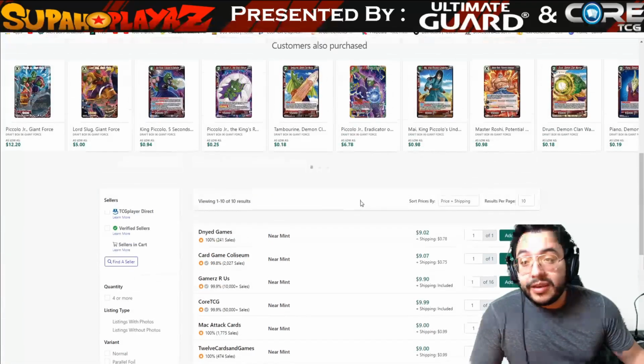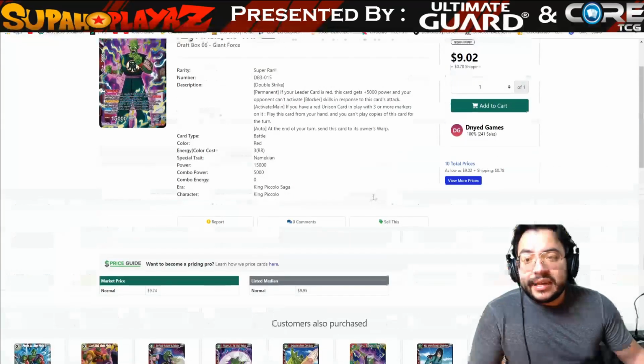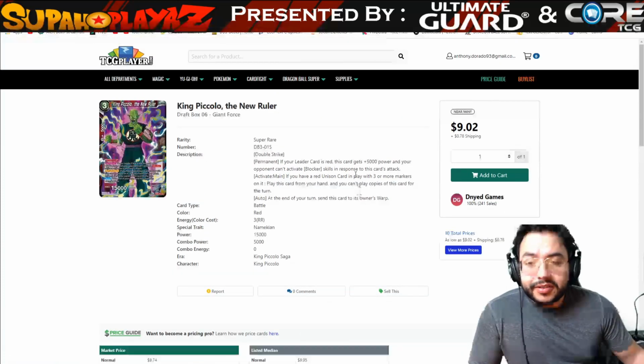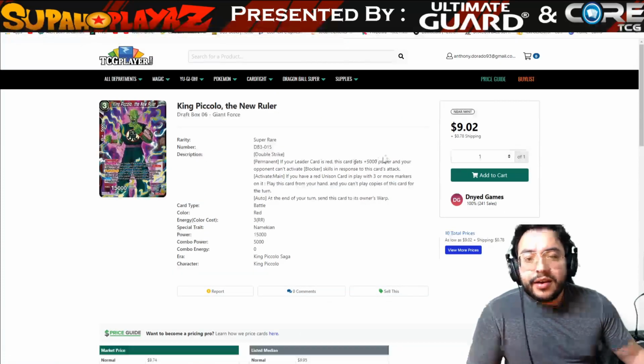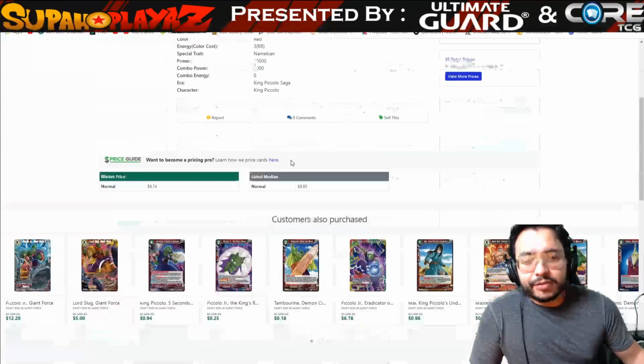The red Broly makes it way more consistent, applies more pressure, and it's being used aggressively. So a lot of people are using this guy. It's so strong because it just needs 3 or more markers. It doesn't say specified cost of 3. So a lot of people are using this card just because Kale, or Broly, adds a lot of markers relatively quickly, and so does Gogeta. And so this guy comes out and is just, whoo, when he's out, it's gonna do some major damage,